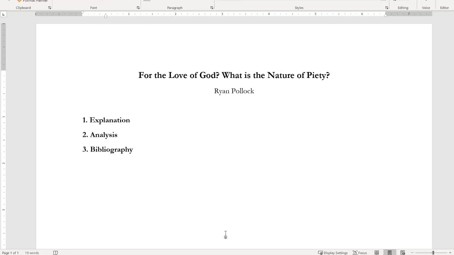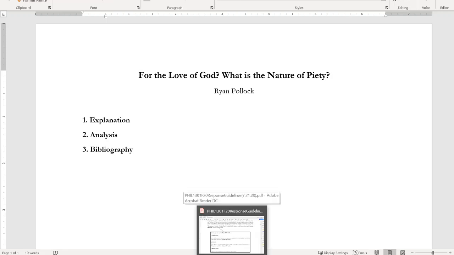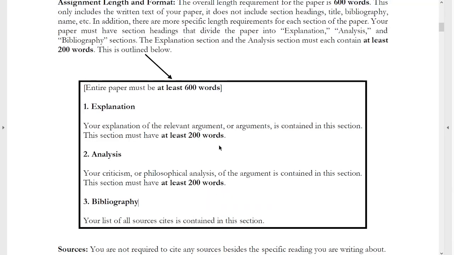So that is one of the basic requirements in terms of formatting. Okay, so like I said, the entire paper must be at least 600 words, but also we break that down in terms of the sections. So in your explanation section, this section needs to have at least 200 words, and your analysis has to have